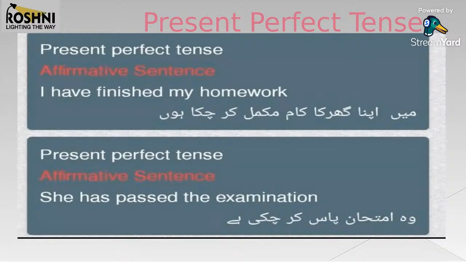Now present perfect tense. Well done. I have finished my homework. कर चुका हूँ. ठीक है. प्रेजेंट टेंस में करता है या सॉरी खेलता है, जाता है, आता है. प्रोग्रेसिव में कर रहा है, आ रहा है, जा रहा है. इन परफेक्ट टेंसेस चुका हूँ, चुकी हूँ, चुके हैं. These 3-4 words will help you out in identifying the present perfect tense. ये ध्यान रखिएगा that the ending part is always very important.